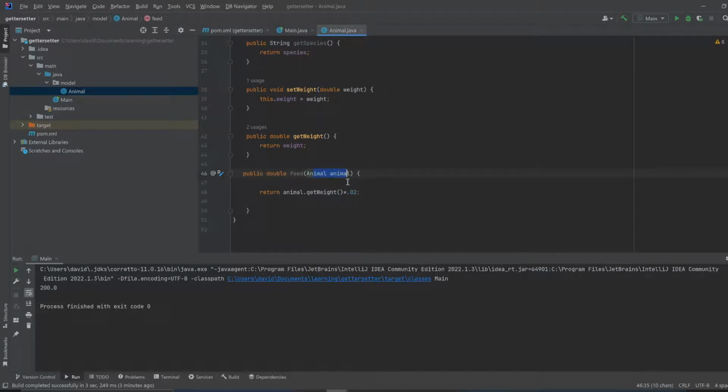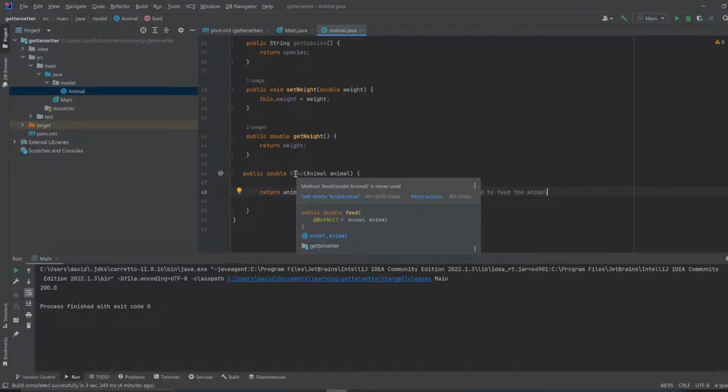It's going to get its weight, find the weight of that animal, and multiply that weight times .02. The final number value is how much food to feed the animal. Okay, and this is gray because it says this method is not being used,